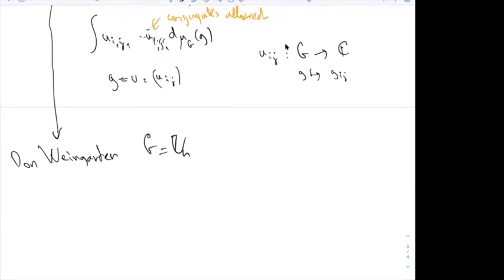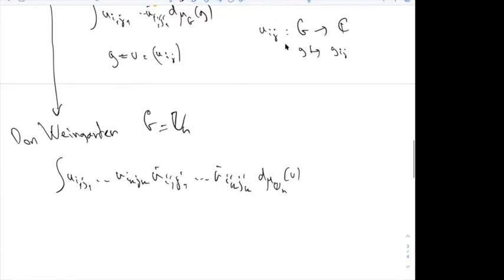So what Weingarten did is he said, okay, let's compute U_{i1 j1} ... U_{ik jk} U bar_{i'1 j'1} ... U bar_{i'k j'k} with respect to the Haar measure on the unitary group, let's say with respect to U or to G here. And what he said is the following. He said that what you have to do is try,